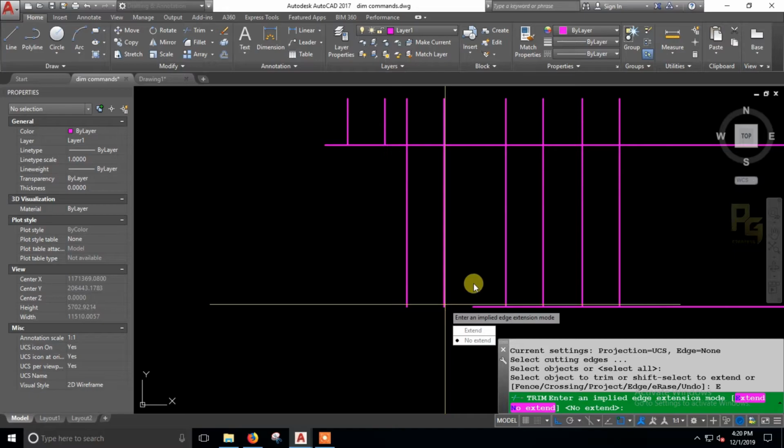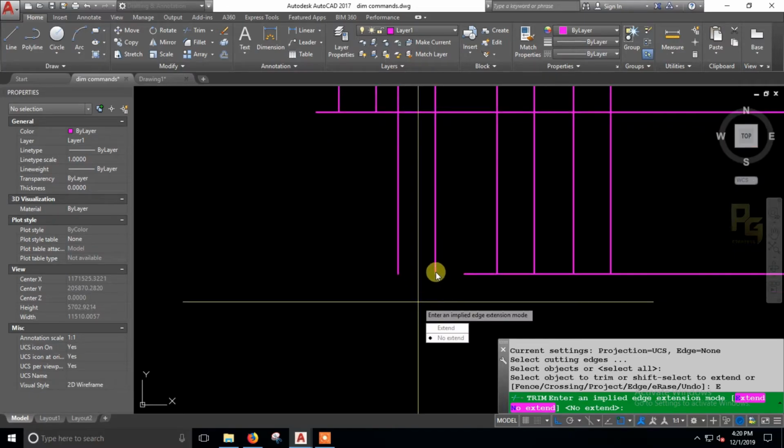It is far away from this vertical line, right? This line is not touching our horizontal line, even though it takes this line to cut the vertical one. If you use the extend option, it happens.